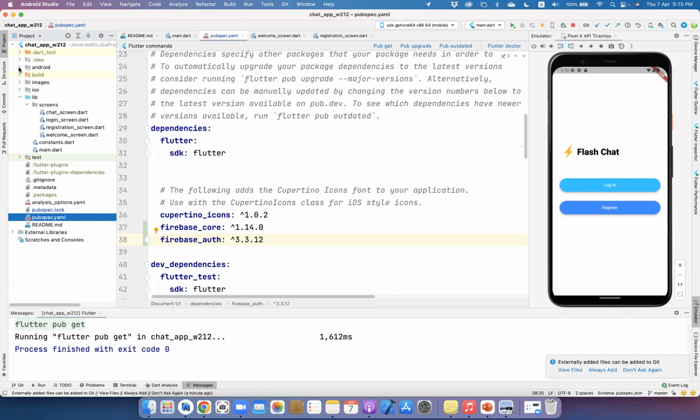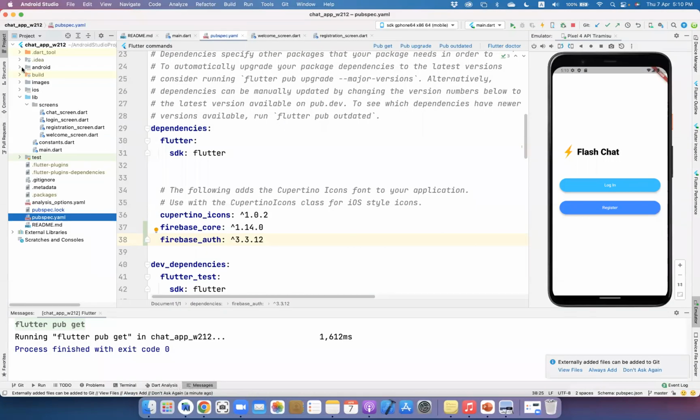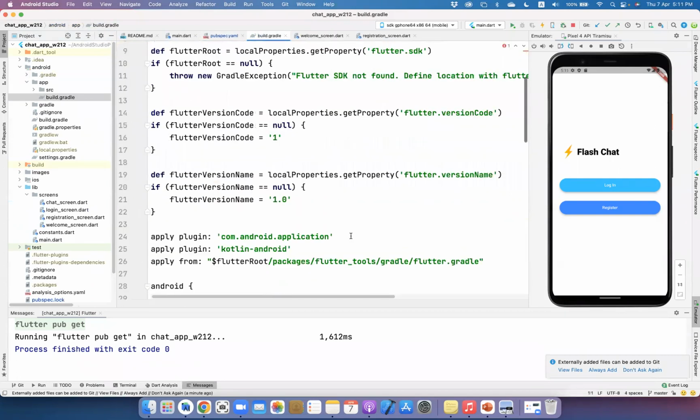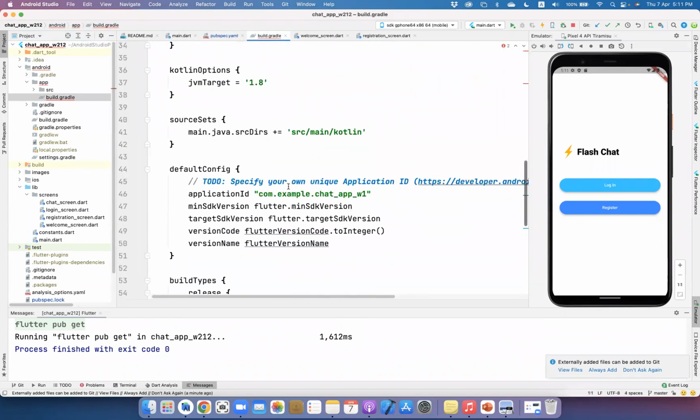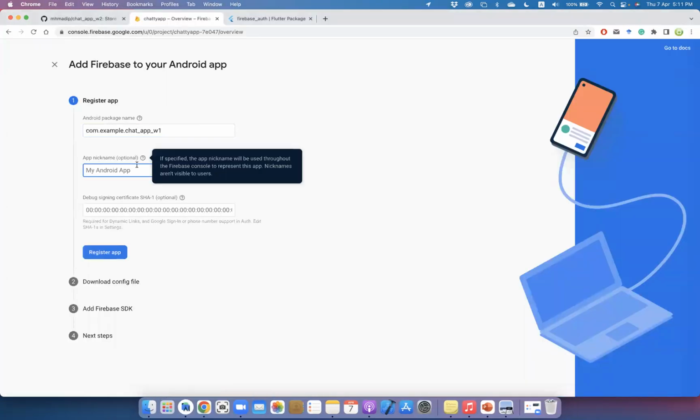Now it's asking you for the Android package name. Let us find it. It's inside the Android application. Then we open the build Gradle file. You can find something called application ID. Let's get it and give it to Firebase. For the application name, it says this name will be shown only to you as a developer, not shown to your user. If you want to say something, it's okay. My chat